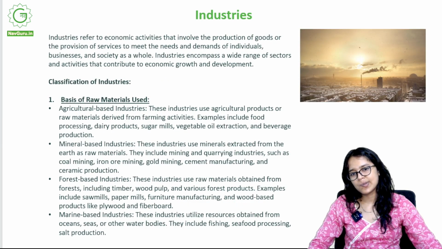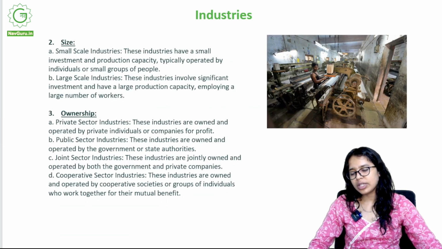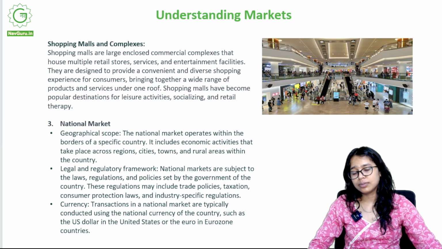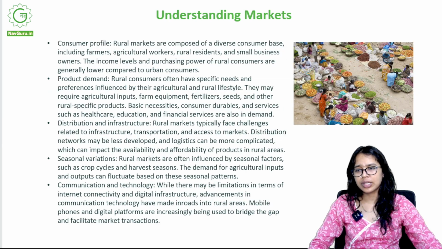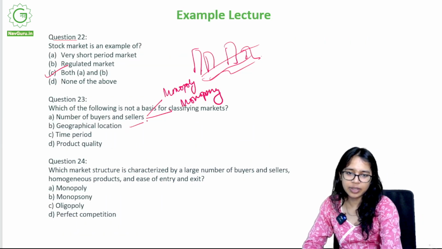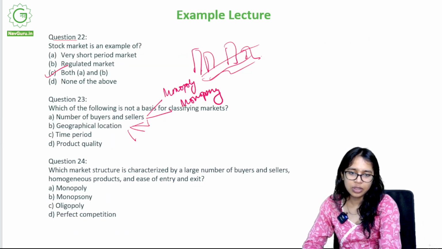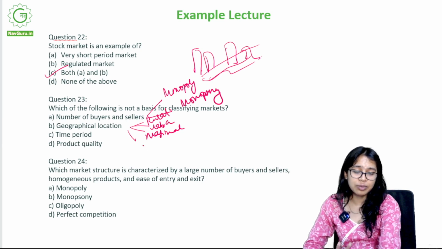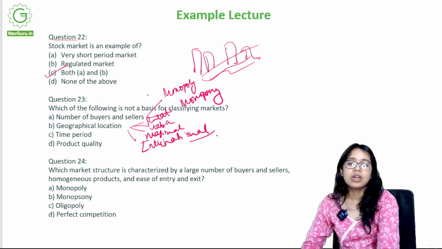Let's see. Wait, are we studying? We were studying about markets, right? Oh yes, we did on the basis of geographical location. There's rural, there's urban. Of course, we did that. Yes, on the basis of geographical location, 1, 2, 3, and 4. Rural, urban, national was something that we studied before, but just a few minutes ago we came to understand the existence of international markets as well. So there's that as well.